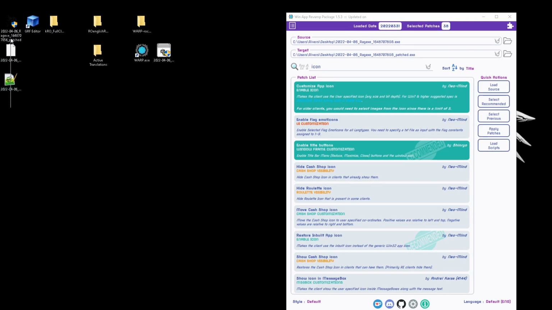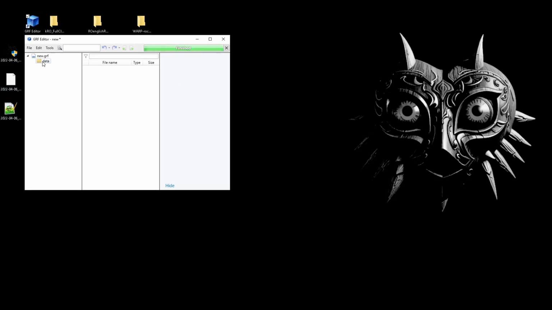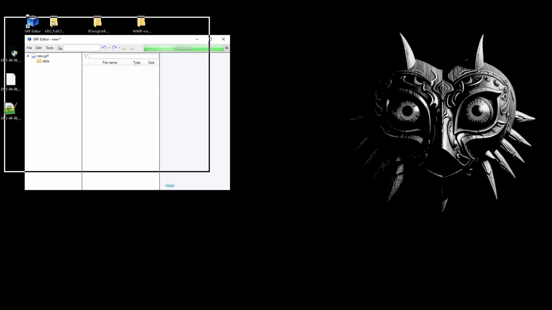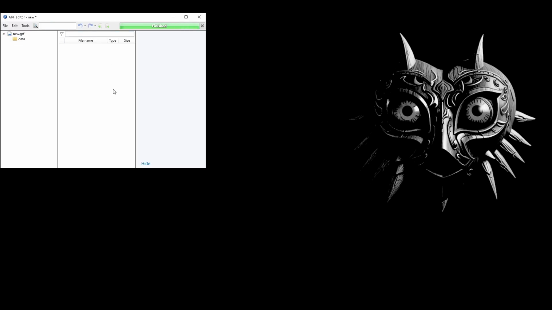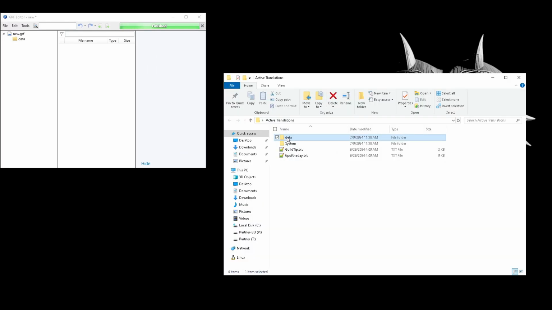Right now we're ready to make or edit our first GRF file. Open GRF editor and start with an empty GRF file. It'll have the default structure for the data to be seen by the game. Let's maintain that structure. Since we've already separated the translations we need to use into a separate folder, we can